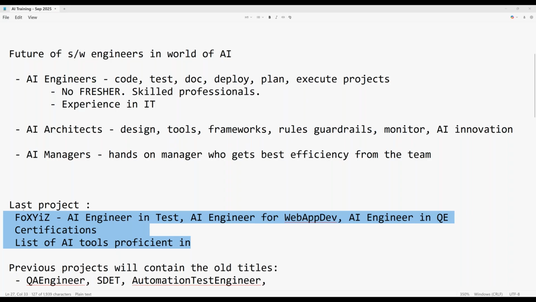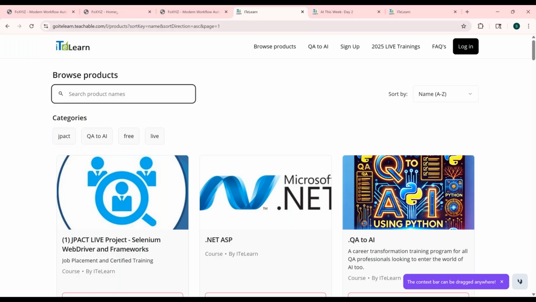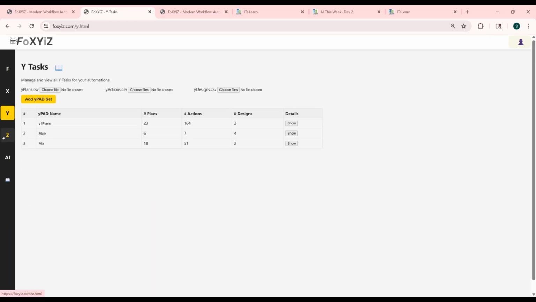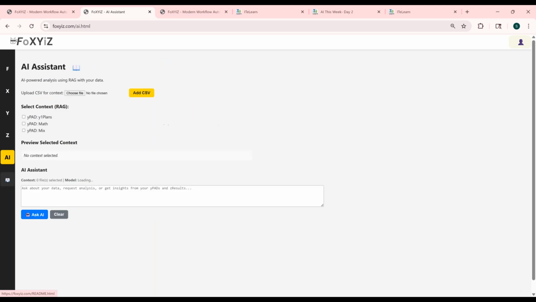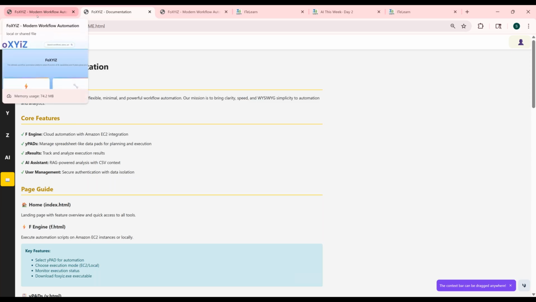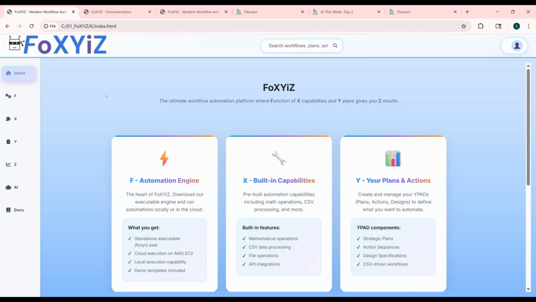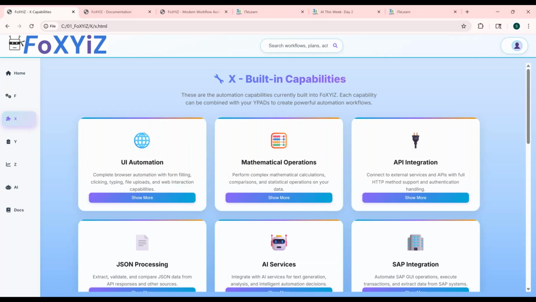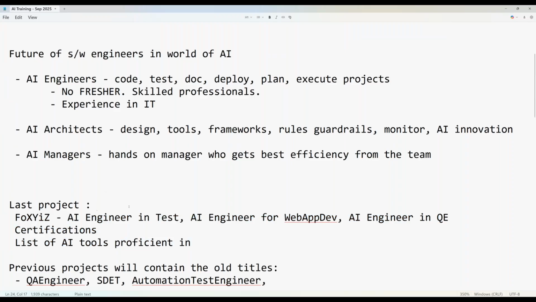So we're building an application called Foxes very actively, and these team members are helping me build it. While I'm showing you the front end of it, which is still upcoming, we as a team are continuing to learn how to use AI to build applications, to test them, to do cloud integration, everything. So you will add many more capabilities into your profile as we go through more and more of these. The weekdays we are working on a research project.